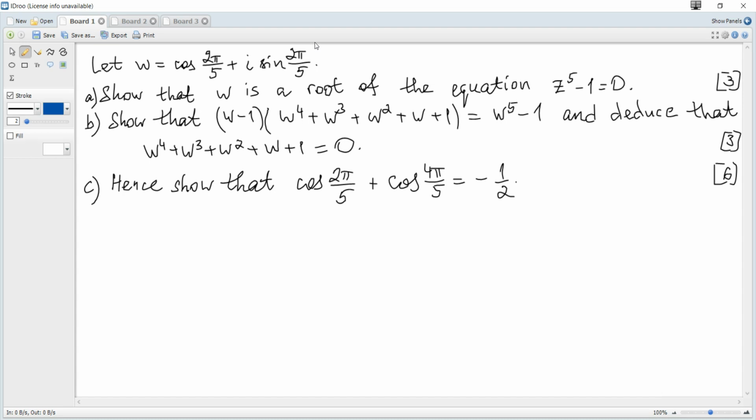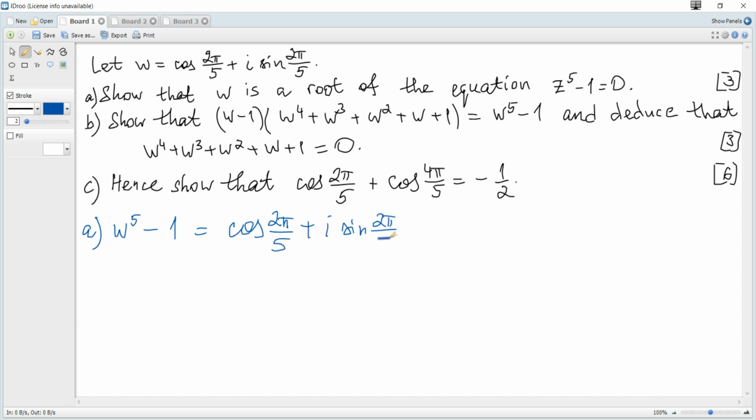Let w be cosine of 2 pi over 5 plus i sine of 2 pi over 5. Show that w is the root of the equation z to the power of 5 minus 1 is 0. To show that, we just consider w to the power of 5 minus 1, and we should show that it's 0 as required. So w is this, so it becomes cosine of 2 pi over 5 plus i sine of